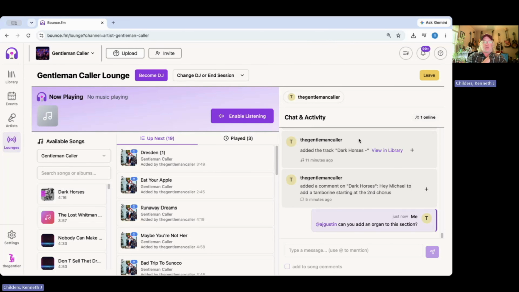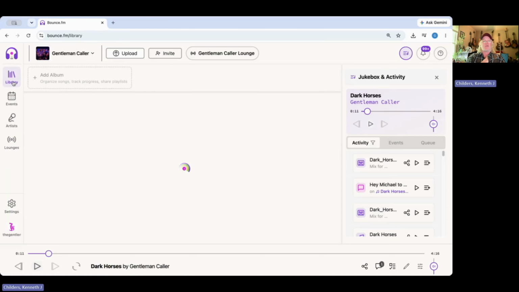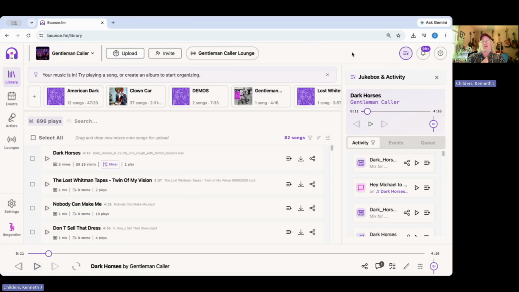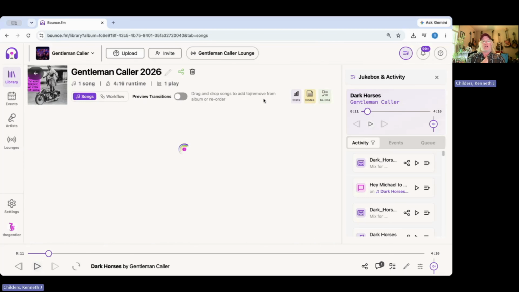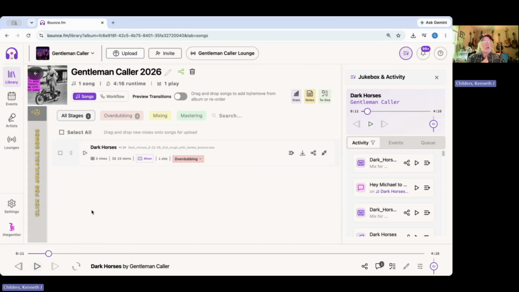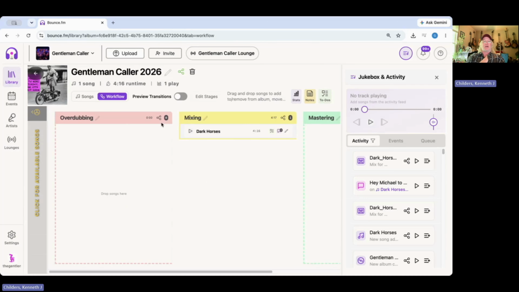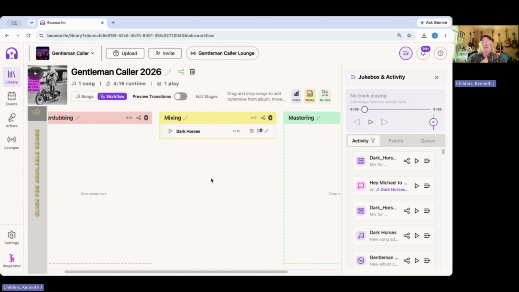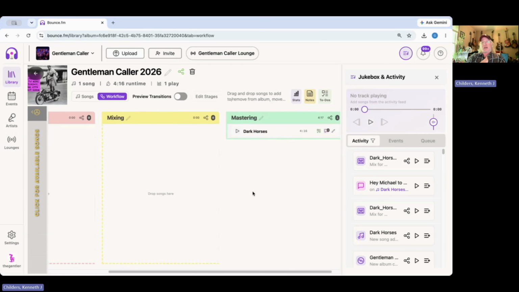So yeah, that's kind of the process, but it makes it very easy for me to not have to search through endless G Drive files and Dropbox files, and be able to just go, okay, I'm working in the Gentleman Caller space. I want to look at where we are in this new record, and I can add all the songs that we want in the various stages that they're in, and then once we are in the process of mixing, we can drag that over to mixing, and once it's been mixed, drag that over to mastering,